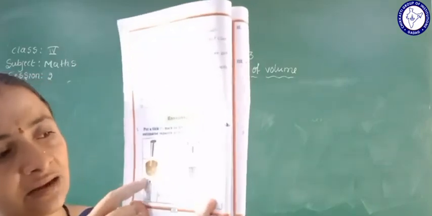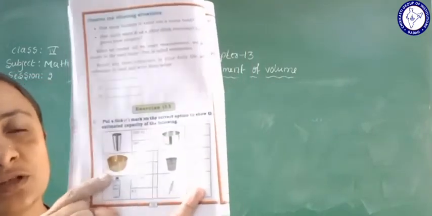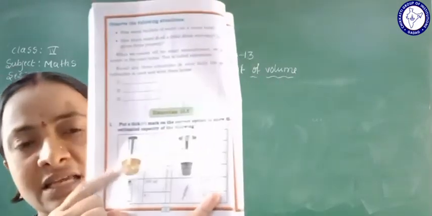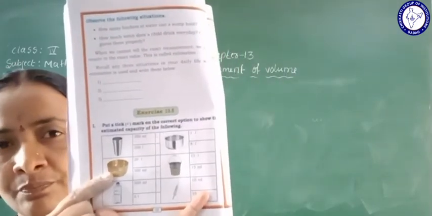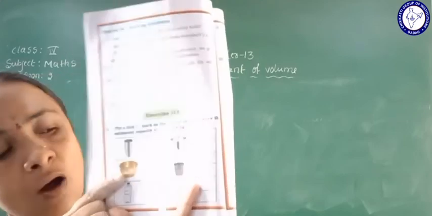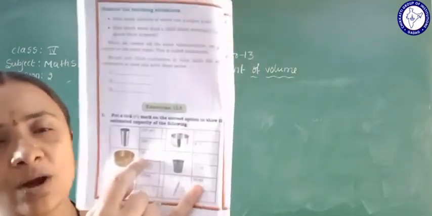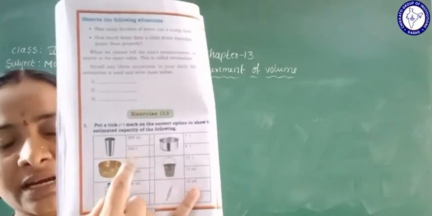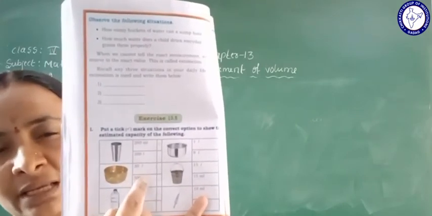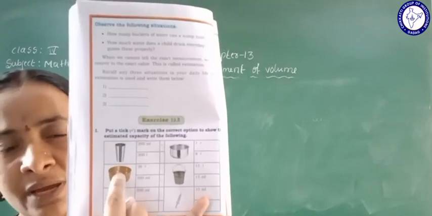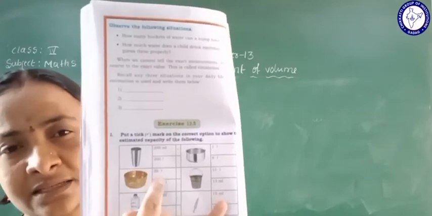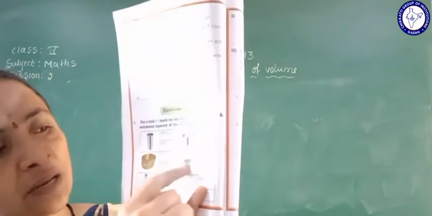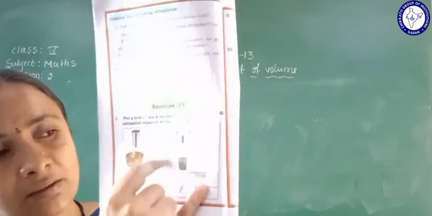Okay, second one, this is a bowl, with a capacity to fill water. How much is its capacity, whatever we put in the bowl? Is it 20 liters or 500 ml? It's not big, its capacity is only 500 ml. Understood? So we can tick a mark in the column.